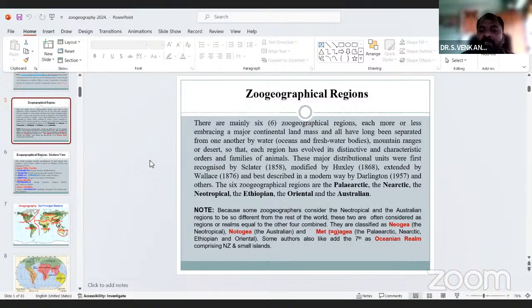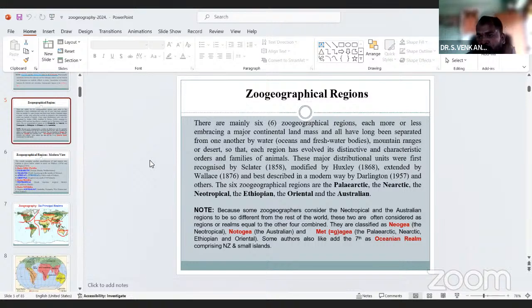Neogea means the animals and microbial organisms living in areas like the Neotropical. Then what is Notogea? Notogea is living in only the Australian region. Then Metagea: Palearctic, Nearctic, Ethiopian, Oriental.